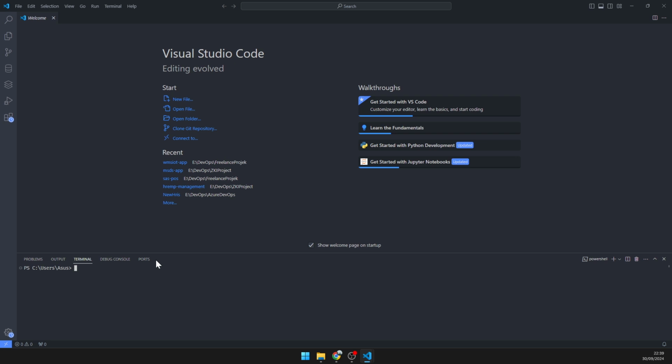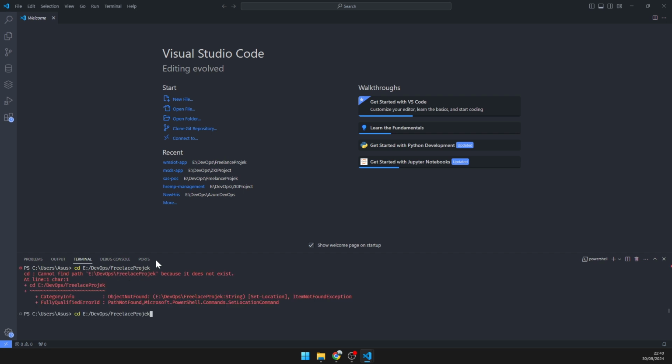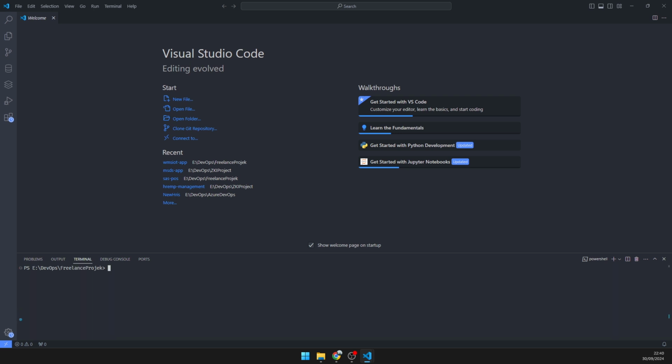I want to change to my project directory with cd. This directory is my DevOps freelance project folder.